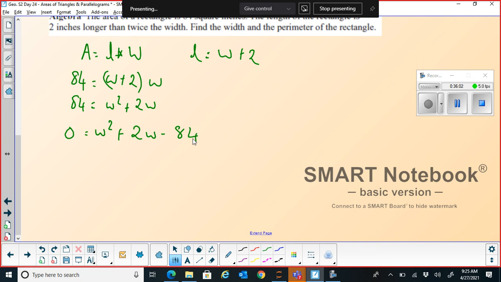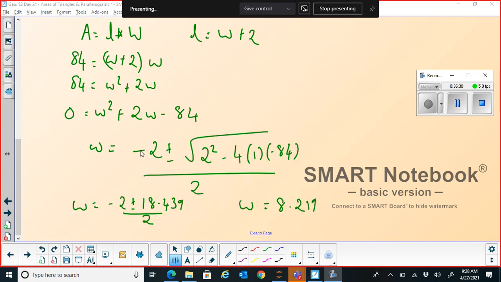I know 12 times 7 is 84. Let's see if I have... or I can use the formula. I don't have to do it by factoring. Just like using negative b plus or minus square root of b squared minus 4ac, I have this,